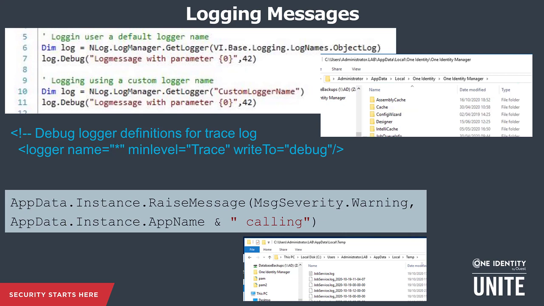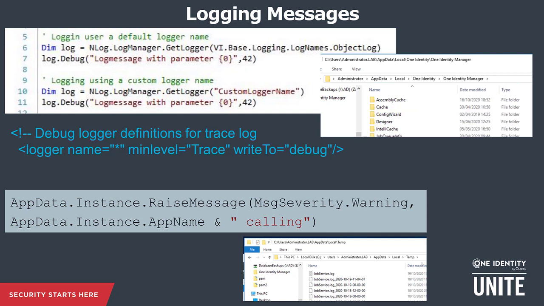It's 2 lines of code, right? You can see line 6, get yourself a logger. Line 7, you log the message, and it'll come out in the standard Identity Manager log files, the standard place, whatever receiver you've configured for this logger. A file, an nlog viewer, a database, whatever the receiver is, it'll just go there automatically.